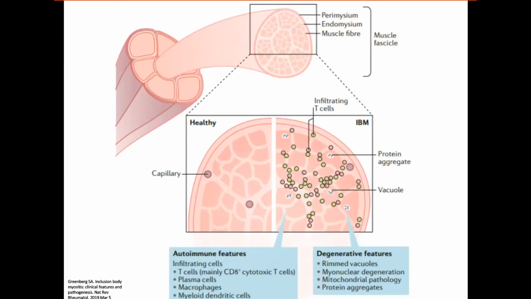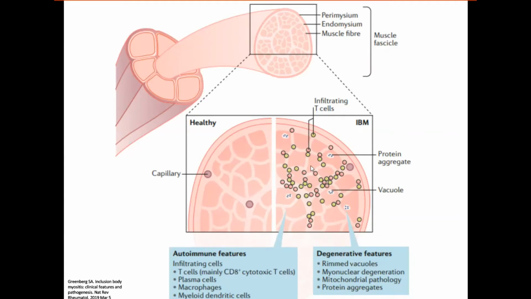So inclusion body myositis is a type of inflammatory myopathy that is probably more primary degenerative as opposed to inflammatory. So this is what healthy muscle looks like, okay? So this is all the perimysium around like this. This is the endomysium within muscle fibers. You can see in inclusion body myositis, you have inflammation within the endomysium. We also see some degenerative features like these abnormal protein aggregates, as well as these rimmed vacuoles here as well. So inclusion body myositis is actually more of a degenerative process than inflammatory, and it usually does not respond to